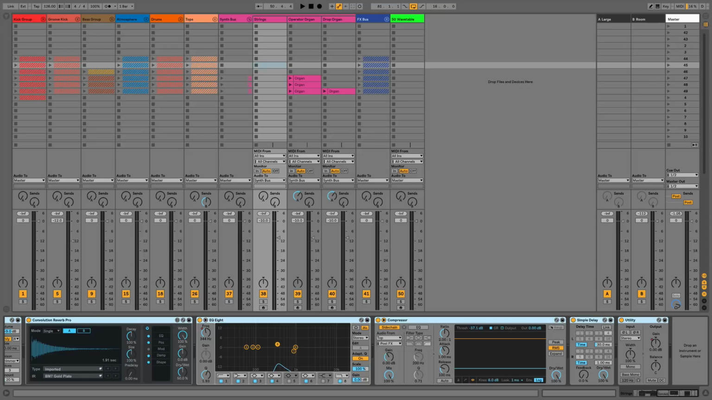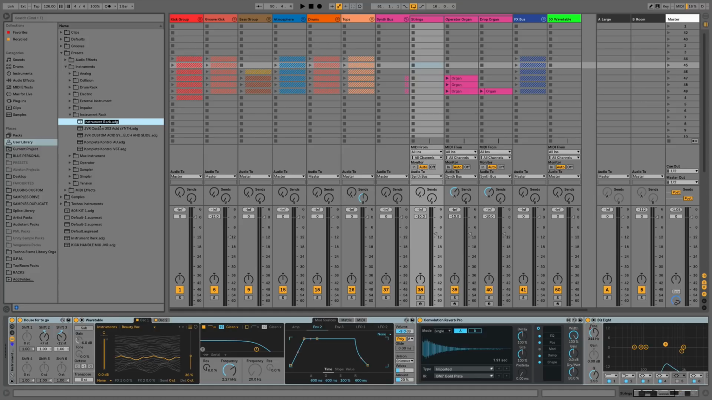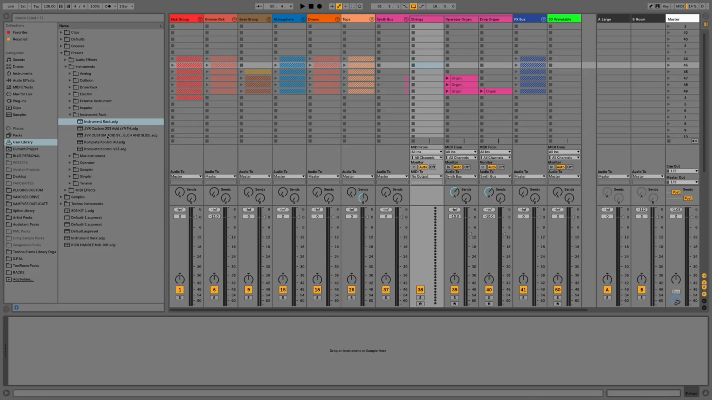We just select all of these, press Command and G to group these together, and then we can just hit this button here, and this will then save as an instrument rack. So I can just hit that there, and that is now saved to my library. So I can go and delete this, and if I wanted to recall this entire channel strip, which now has